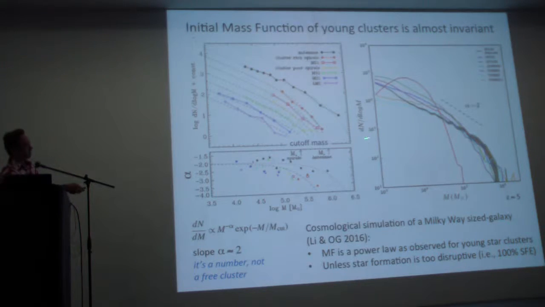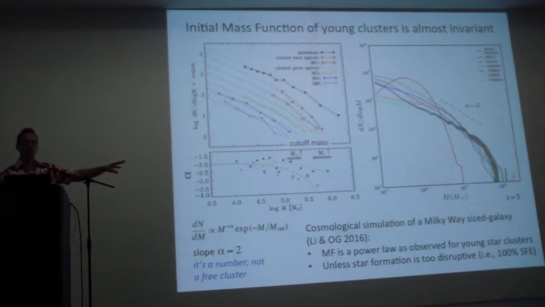So on the right you see a plot from the simulations that I'll tell you about, which show different runs with different efficiency of star formation on very small scales. This is the intrinsic property of how cosmological simulations model star formation. Also different intensity of stellar feedback from those young stars. And in most cases, the resulting mass function is very similar to a power law with a similar truncation, with the exception of perhaps one model that we tried, and that is when the star formation efficiency was extremely high. That was taken to be 100% within the dynamical time, and that produces very strong truncation in the mass function.